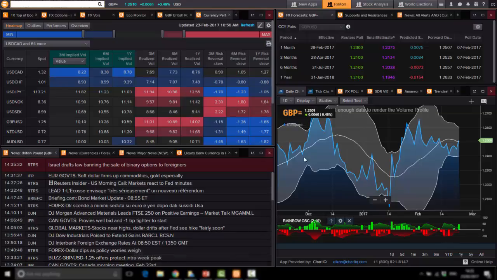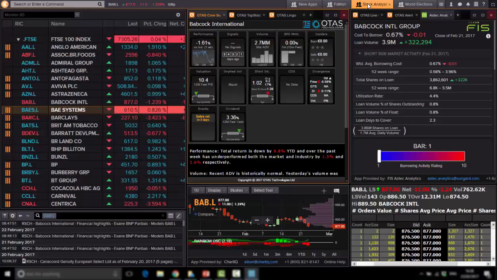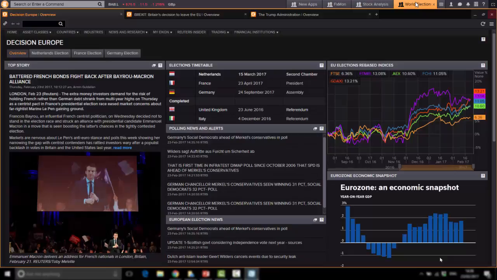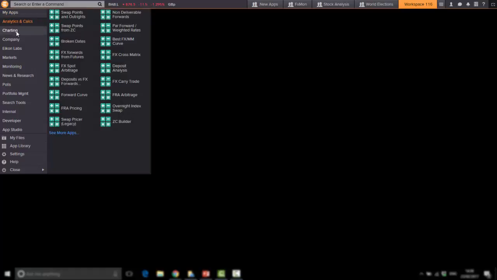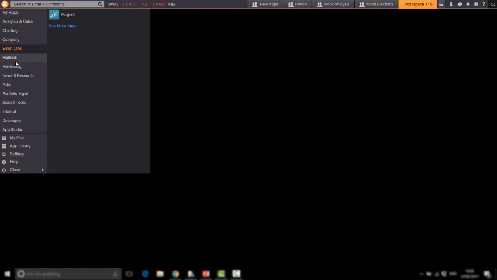Okay, so now we are sitting in front of an Eikon terminal, and you can see I have various tabs at the top. One of them is called FX Monitor. I have Stock Analysis, World Elections, and a selection of new apps as well. So very, very briefly, if I just start with a new workspace, you can see under my Helios here I have a selection of Thomson Reuters built apps. But if I come down to my app library,